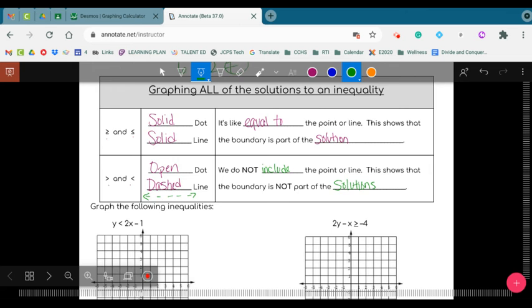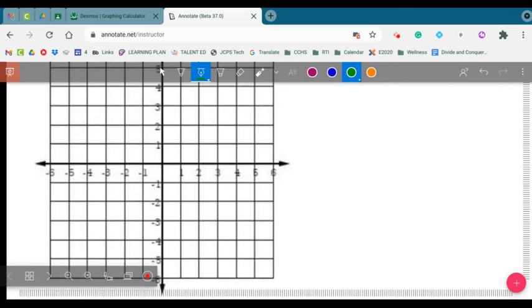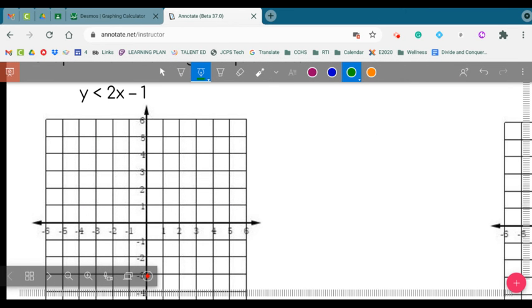So let's go down and graph a couple. We have y is less than 2x minus 1. If you put this in your graphing calculator and get your table, that is more than okay to do. Or you can graph it using slope and y-intercept. So if we get our table,